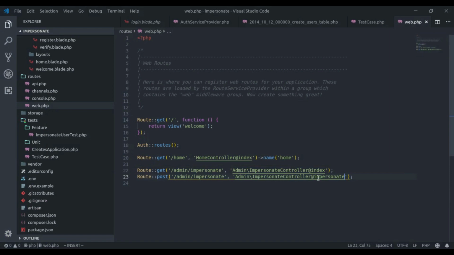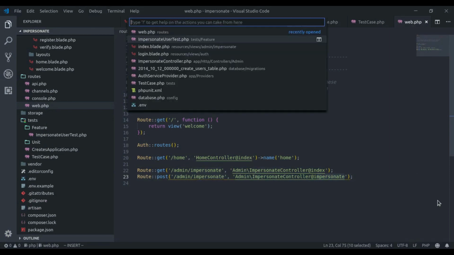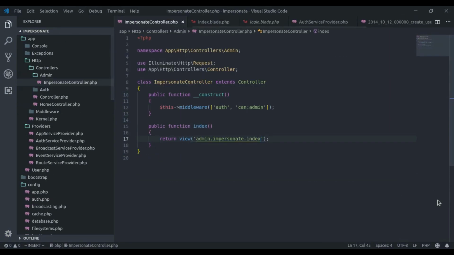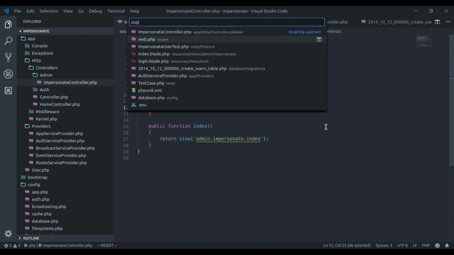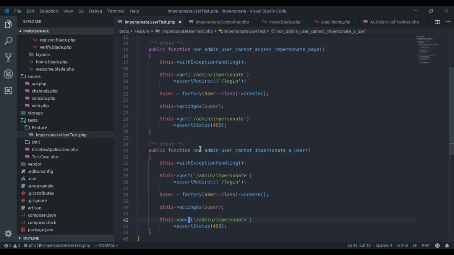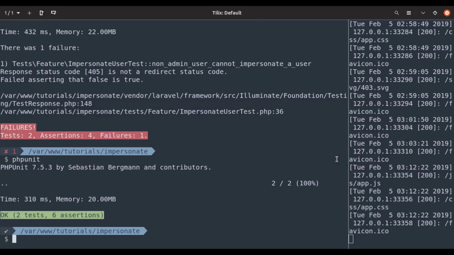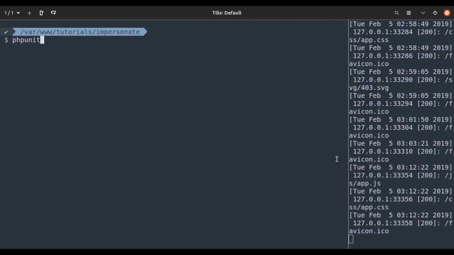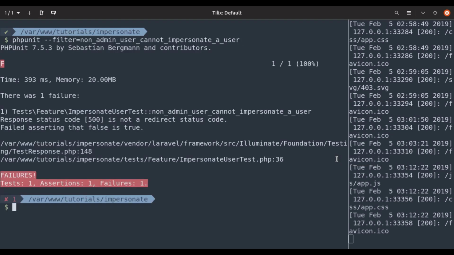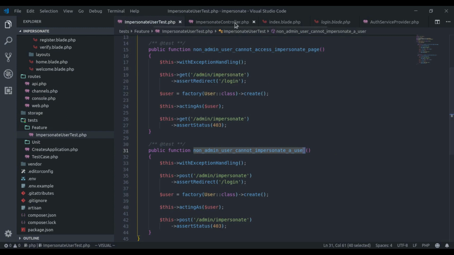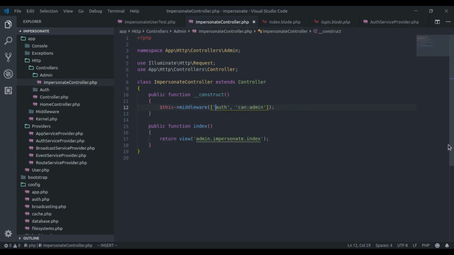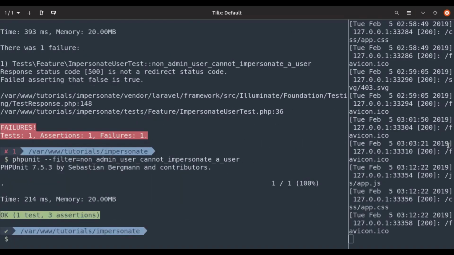Even though we have not created this impersonate method, because we have already implemented protection here. For a sanity check, let's comment this. We can also run this particular test using phpunit --filter= and then the test name. Here it failed. Uncomment this, run the test again and it passes.